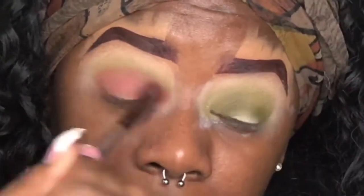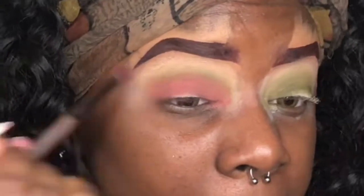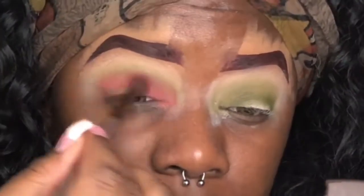So now you want to go back into your Dare to Create palette, and by the way, this palette is a Morphe palette. It's a 39A. Just in case you guys are wondering, just in case I didn't say it in the beginning. You want to dip back into that palette using the same blending brush. You want to go back into the green, not a lot because this green is not like the nude, so you don't want to be too harsh. And you want to use the outer corners